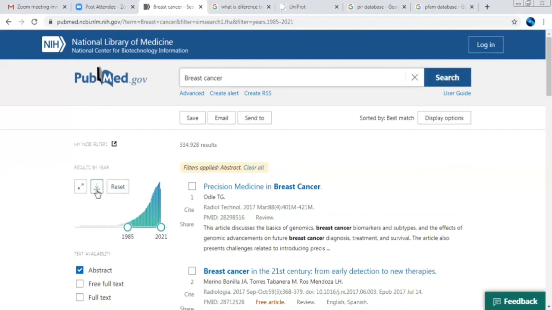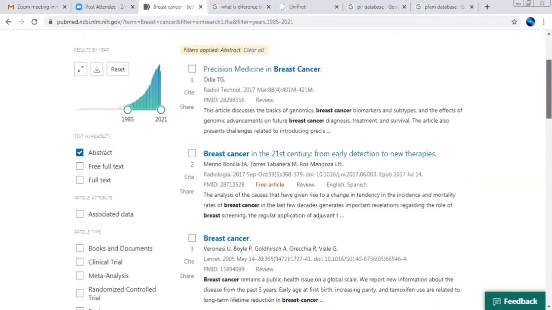And here you can see the data which is being given to you. It shows you the abstract, or you can choose free full text, because some of the journals will not provide you the overall publication or research work. They will provide you only the abstract, keywords, or titles. So those types of options have been provided. You can select free full text if you need full text only. And you can see the associated data is available. So those types of filters you can apply from here.